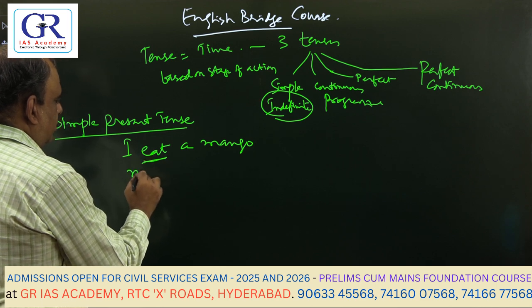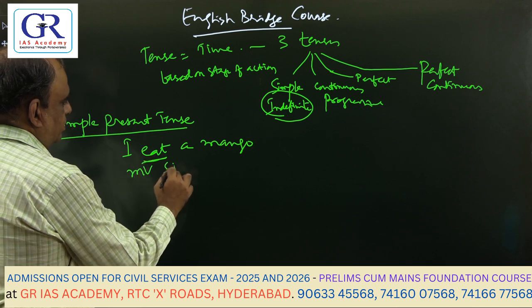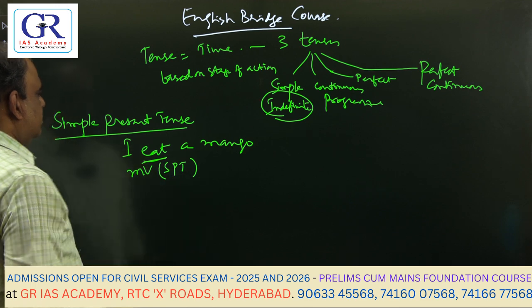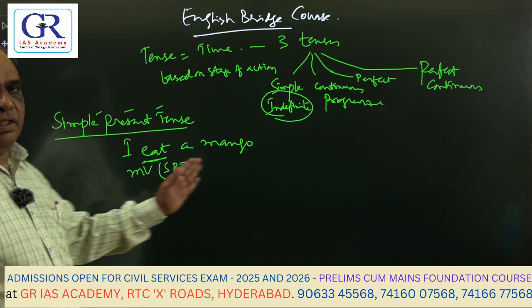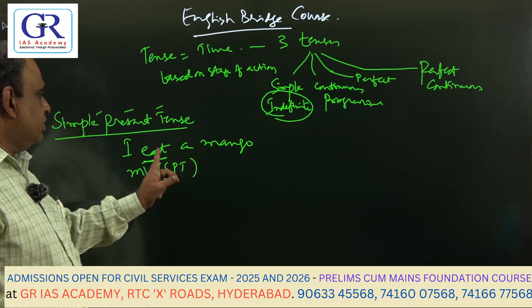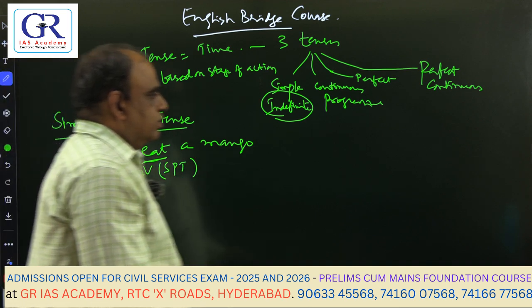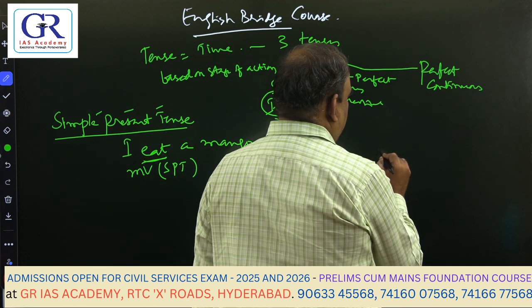Such words are said in simple present. This is known as the main verb. It is in simple present tense. SPT means simple present tense. Okay. I eat a mango. Main verb, it is V1 form. This is known as V1 form. So if I take this verb eat,